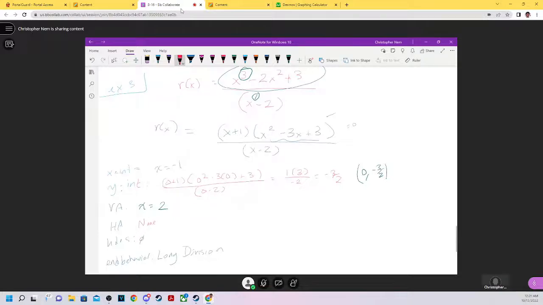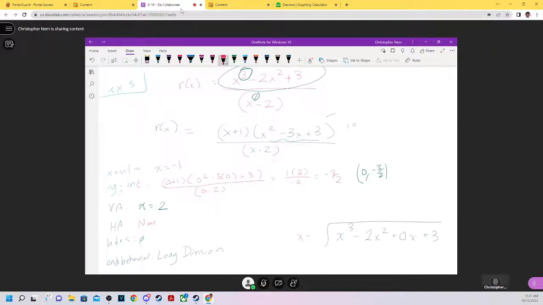We have the coefficients of our numerator, which are 1, -2, 0, and 3. We need a placeholder for x cubed. Oh, sorry, this is synthetic. I'm doing synthetic by accident. Let me do long division. So the thing that is my dividend is x cubed minus 2x squared, and I need a placeholder for the first power, which is plus 0x plus 3, all divided by my divisor, which